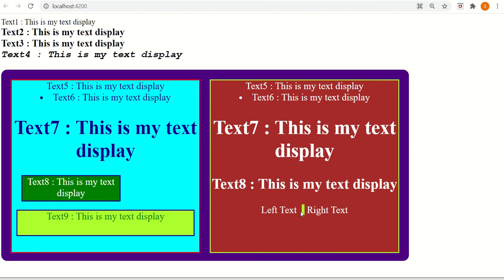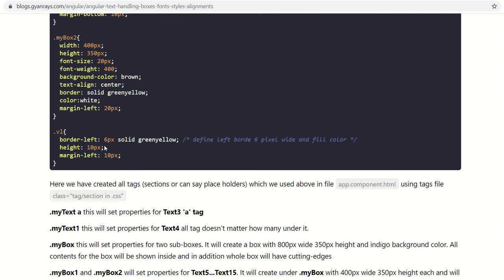It will make a 6 pixel line, and the color is yellow. It's very simple, though a little bit tricky. There is no vertical line concept in HTML. There is only a horizontal line, but for a vertical line you can define it this way.